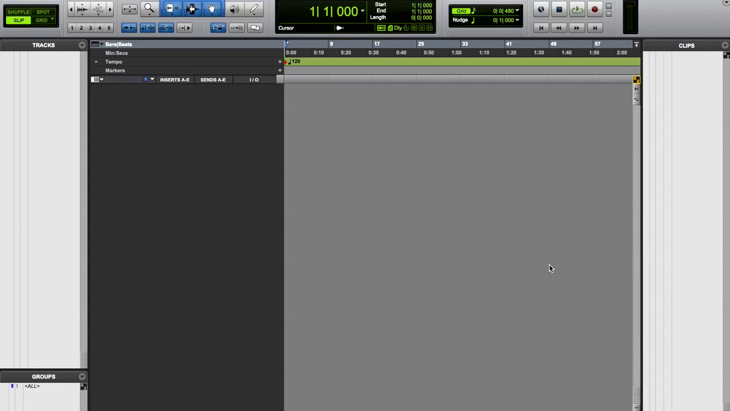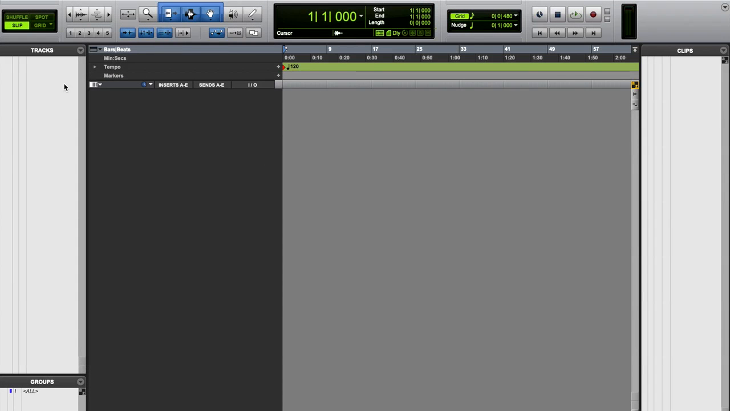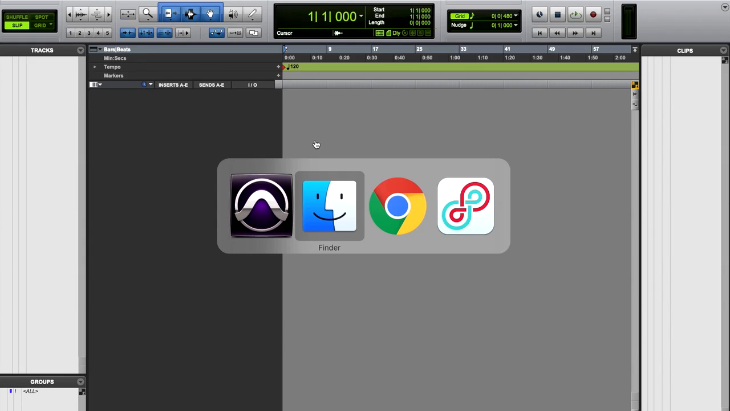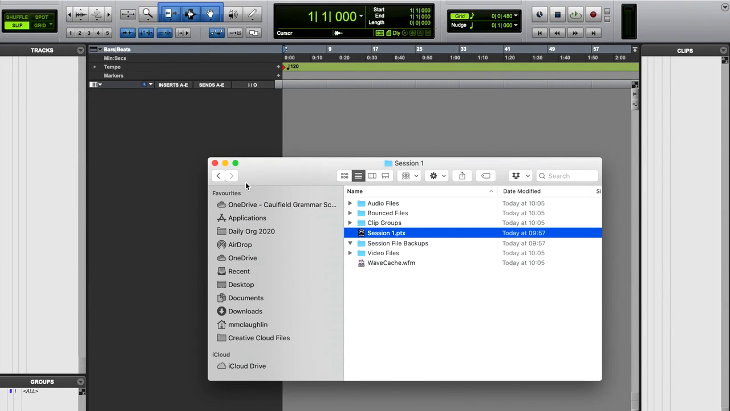So first up, we get the edit window from Pro Tools. On the left hand side, you'll see that there's a tracks column. The tracks column is really just an overview of the tracks. On the right hand side, we'll see the clips column, and in the middle we will see where the actual tracks will live. The clips, of course, are just the audio files, which you'll find in the audio files folder,